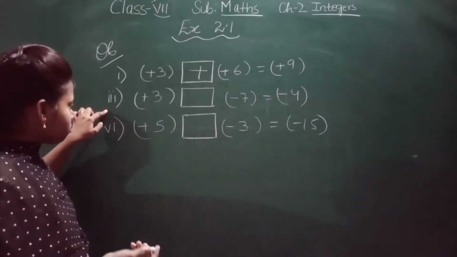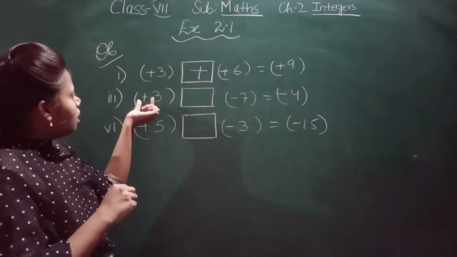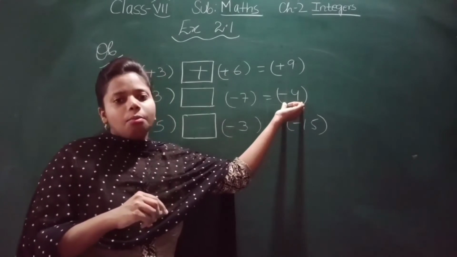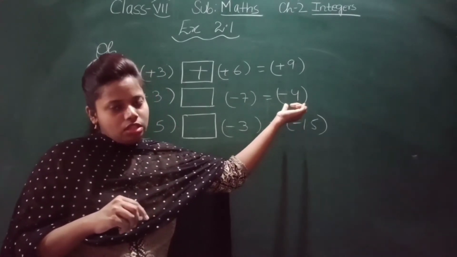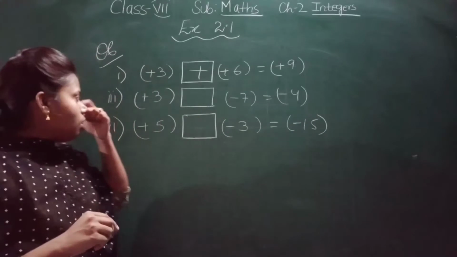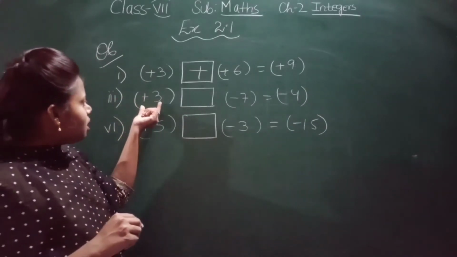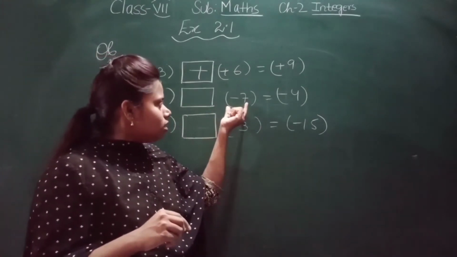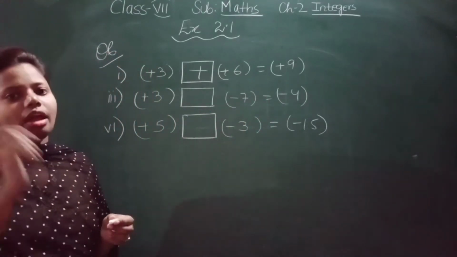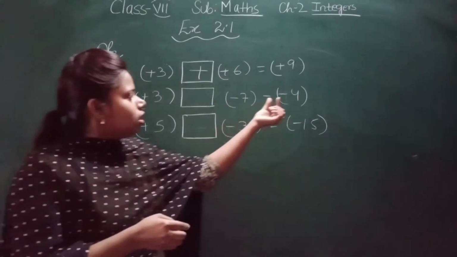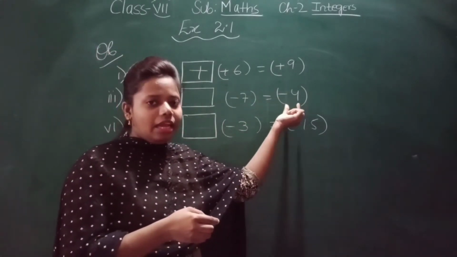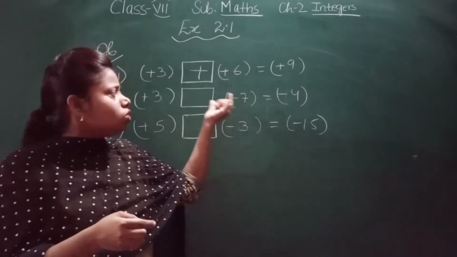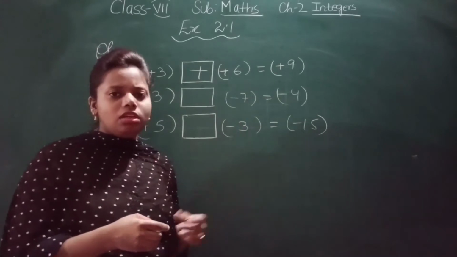Now what is question number 3? This is a positive integer plus 3, this is a negative integer, and this is what? Minus 4. Okay, this is minus 4. That means this is plus 3. Okay, what will be the sign? And minus 7, it gives minus 4. So what we have to do? See here, this is minus, that is a negative integer. One of them is here also, one negative integer. So what will be here? That we will get a negative integer.